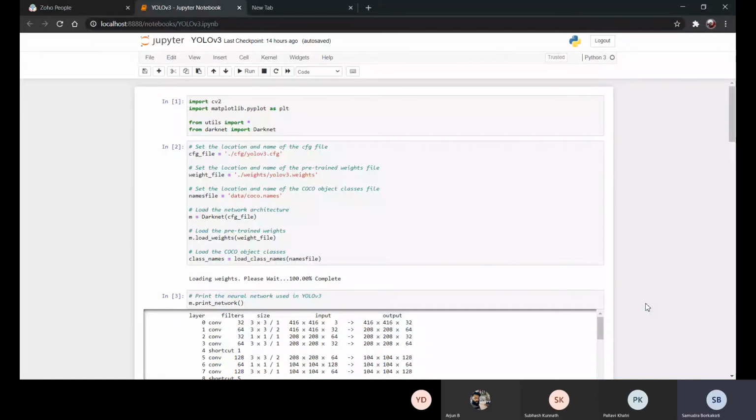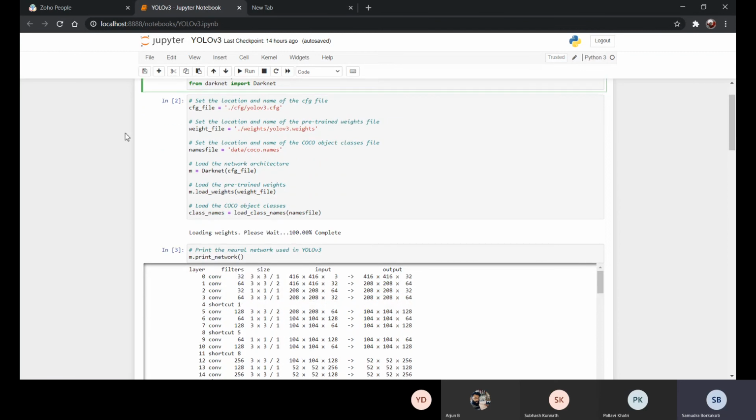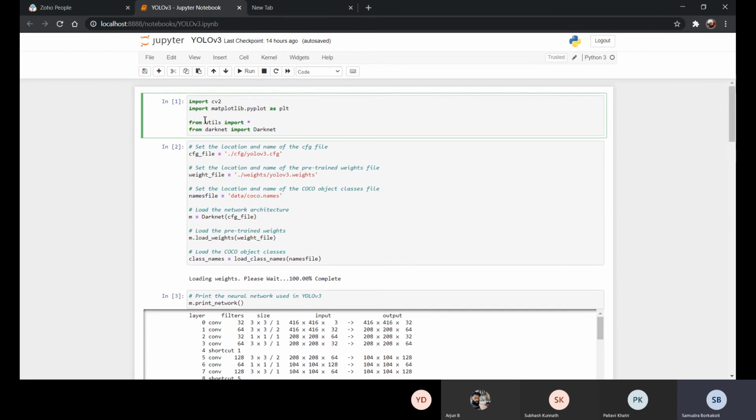Okay. So this is the code. This is for version 3. As you can see, it's using matplotlib to plot the bounding boxes and CV2 for the computational, like the CNN part. And there are some extra files as well, utils and darknet, that are being used.